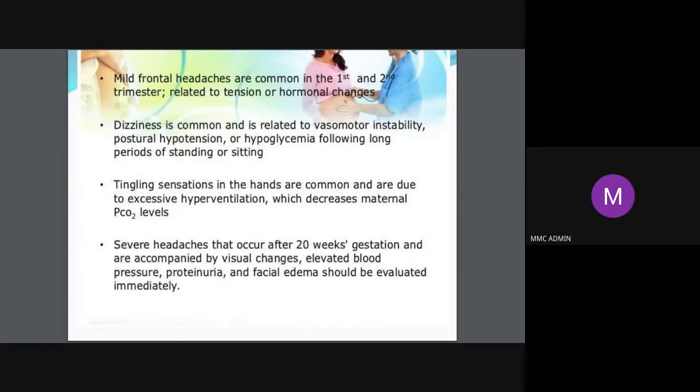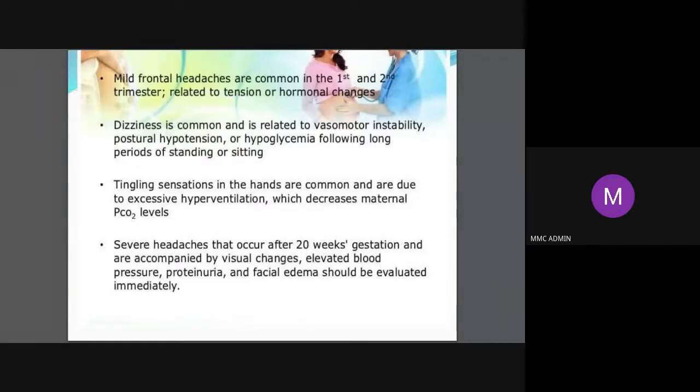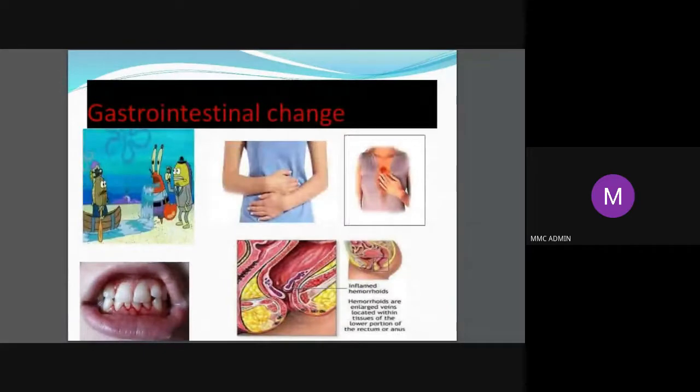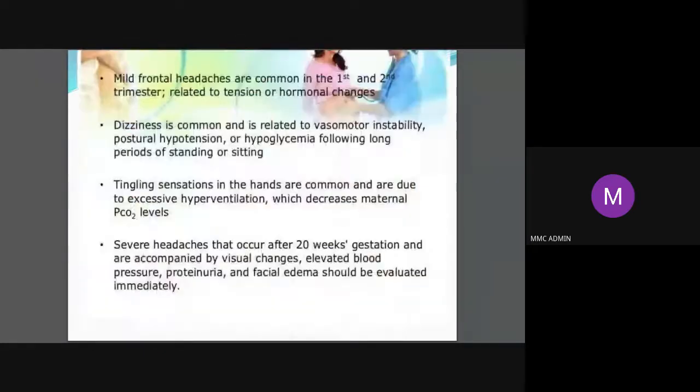Okay. So the tingling sensation is the most important, I think, because it may be quite common. Go back. See the last point in this slide. Here, the headache becomes very important. Suppose it is persistent and it is also associated with an increase in the BP or any visual change, because then you will have to think of preeclampsia.